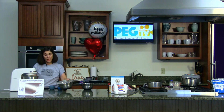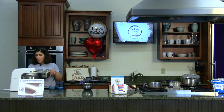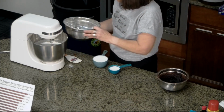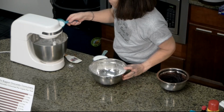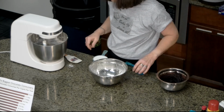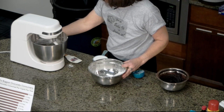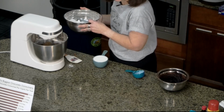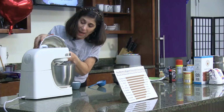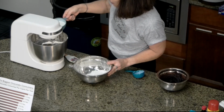So what we're going to do is take our cake flour, baking soda, baking powder, and add this in a little at a time. And we're going to alternate with our buttermilk. So I have 1 1/4 cups buttermilk. And I used real buttermilk because I had it, but now you know, if you don't have it, it's not a problem if you have some milk and some lemon juice, or some milk and some vinegar. And that's also a good trick if you ever want to wake up one day and decide it would be a great day, maybe a snow day, to make some buttermilk pancakes and you don't have buttermilk on hand. So a little more flour, a little more buttermilk,